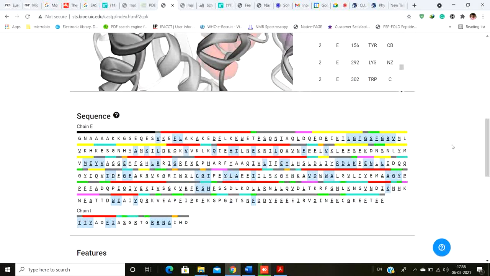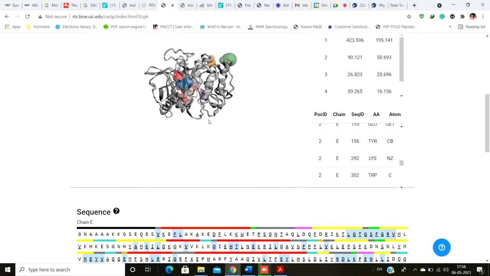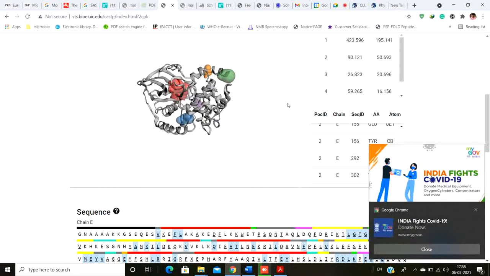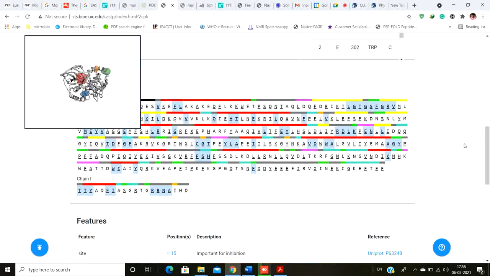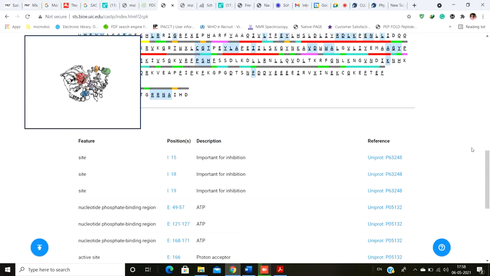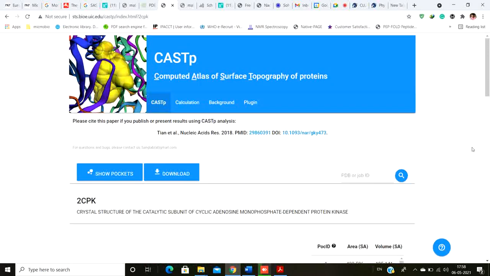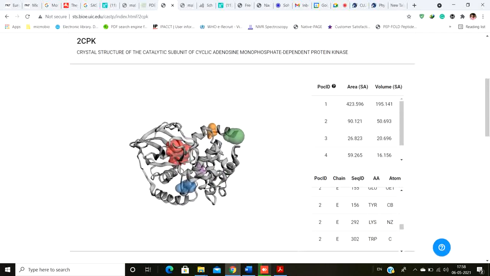Suppose you need to develop an inhibitor for an enzyme. Obviously you need to find the accessible regions, or rather the active site. Now for that, you don't just want the accessible region, you want the active site, right? This is the surface topography of a protein, and it has much higher implications, not only for drug designing but also for other research purposes. So that will be all.